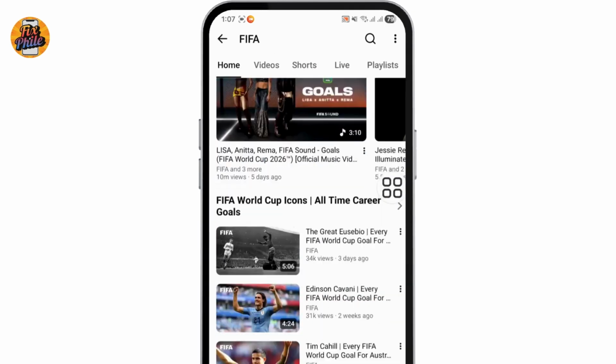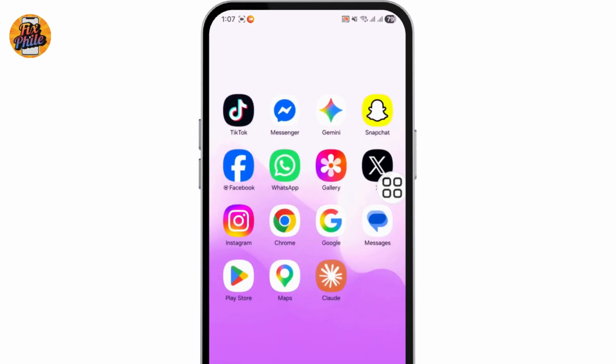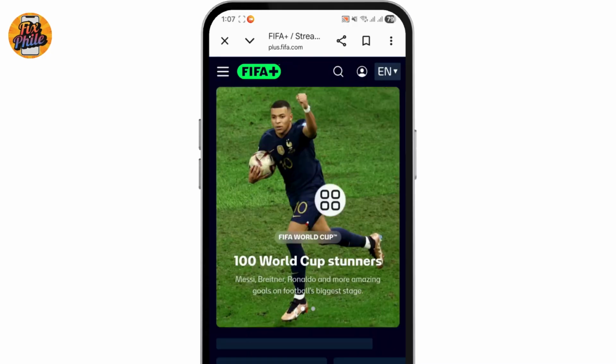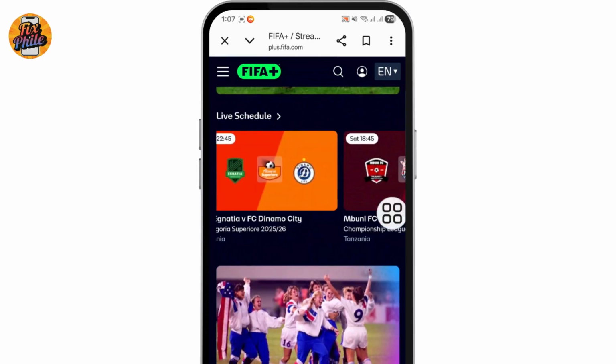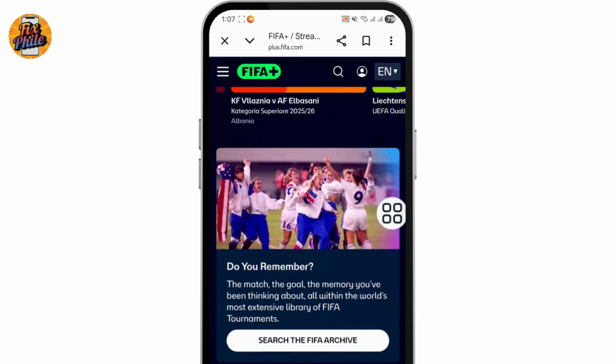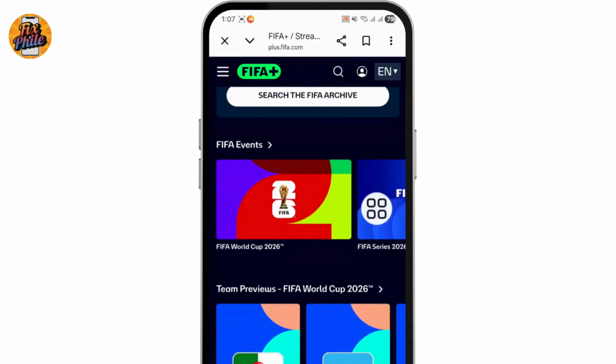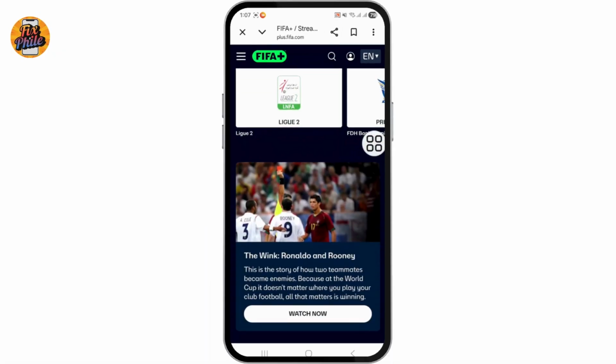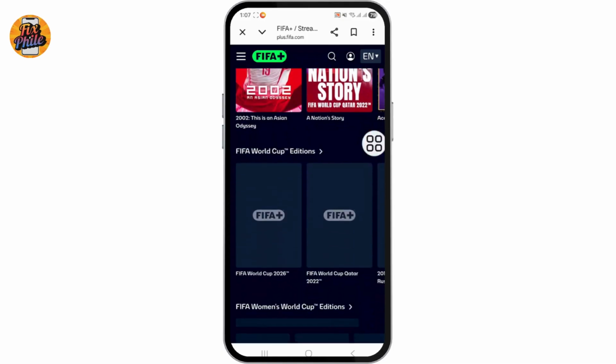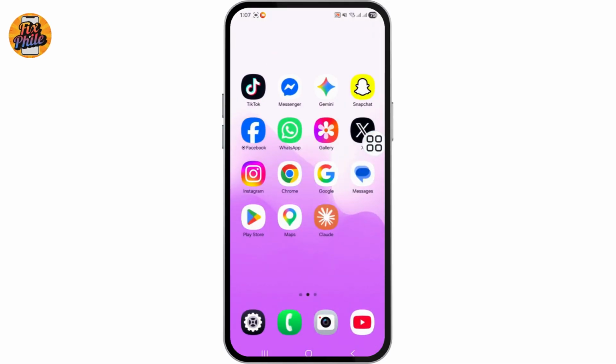live coverage. Another great option is FIFA Plus, which may offer select matches, replays, and extended highlights for free. You should also check local broadcasters in your country, since some networks provide free live streaming through their apps or websites during major tournaments. Keep in mind that full live match availability depends on broadcasting rights and may vary by